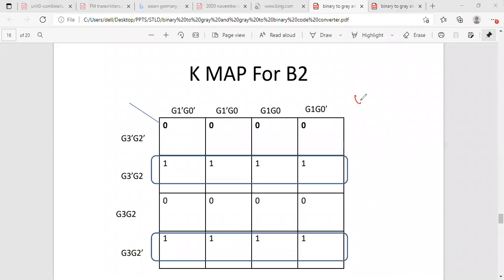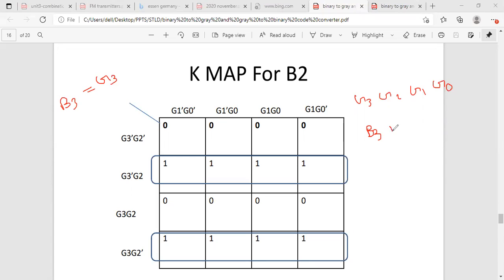We have the Gray code as input. Here the Gray code is represented as G3, G2, G1, G0, right. Now we have to convert this Gray code into binary. What are the steps? Write the MSB as it is. So B3 is equal to G3. First step, write the MSB as it is. The MSB position of the binary code will be equal to G3.